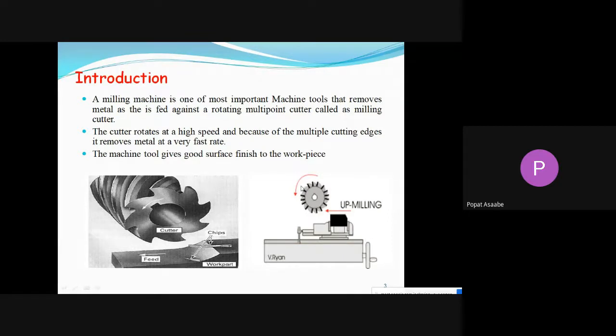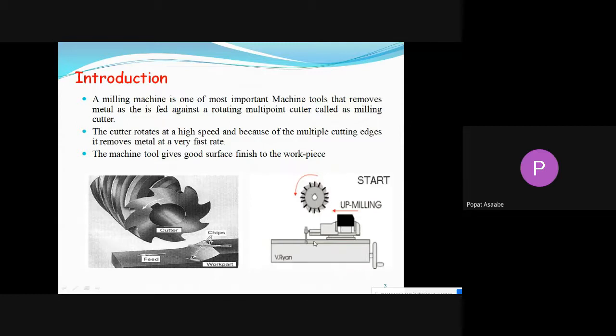This is the milling cutter, and it is mounted on the arbor or on the spindle, according to which type of machine we are going to use. If we are using the horizontal milling machine, the milling cutter is mounted on the arbor, and the position of the cutter and arbor will be horizontal. When we use the vertical milling machine, the cutter is mounted directly on the spindle. When we give power to the electrical motor, it rotates and gives power to the cutter, and the cutter rotates while we give the feed to the workpiece.